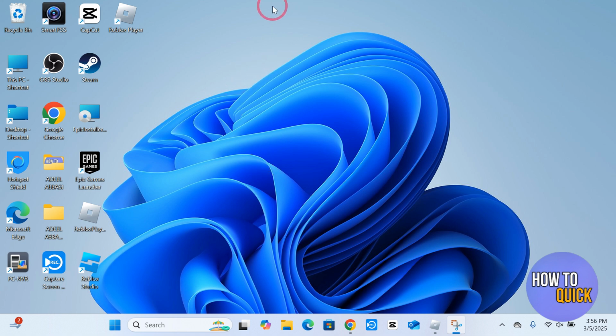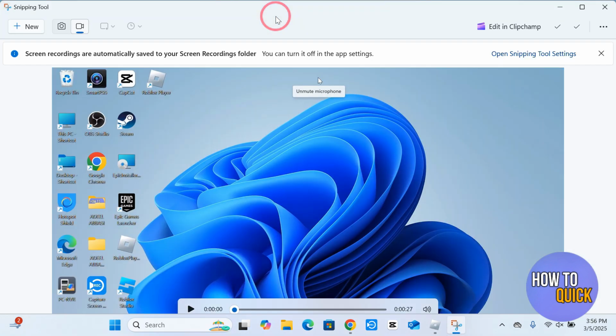And once you're done with the recording, you simply have to click this Stop Recording option. You can delete it if you want and discard the recording. You can pause it by clicking over here. So I'm going to stop the recording by clicking over here, and it's going to open the snipping tool for me. Now you can open the snipping tool settings, and you can just snip it, or you can just save